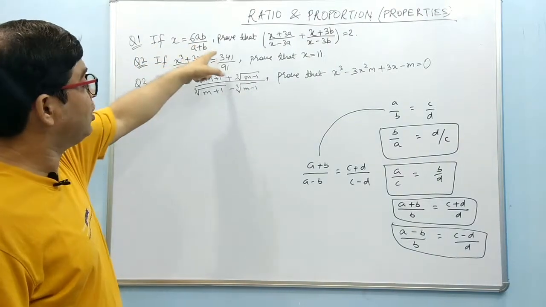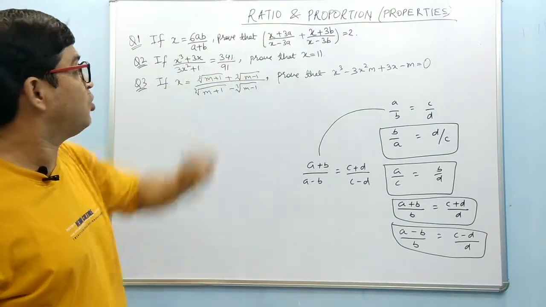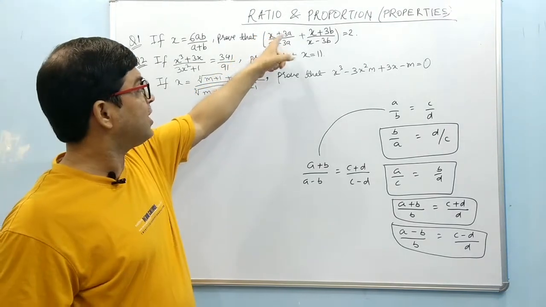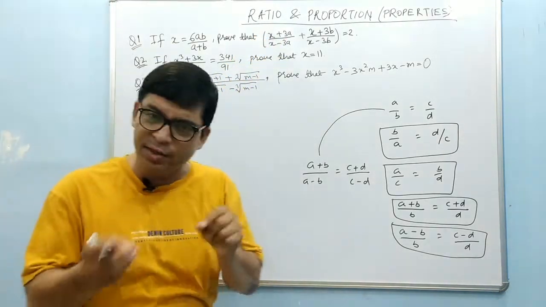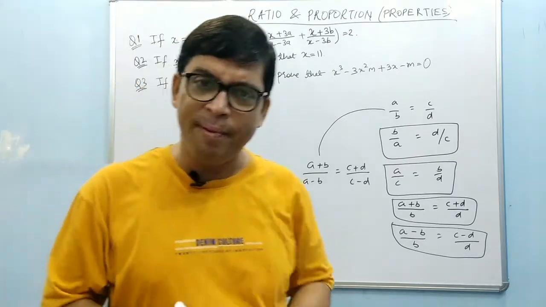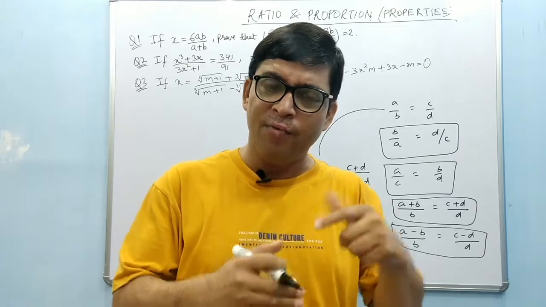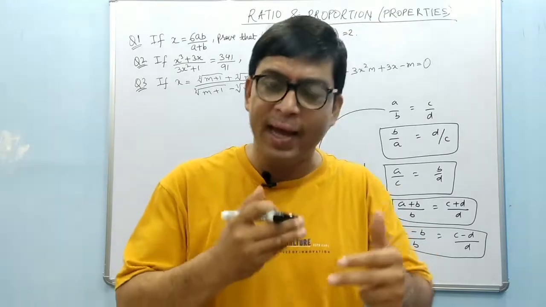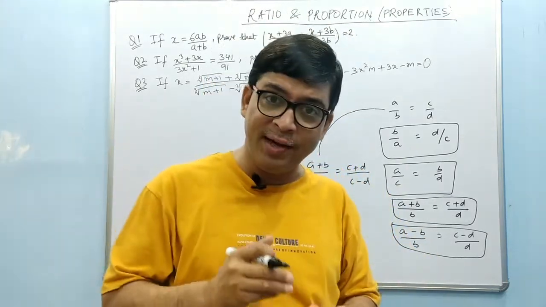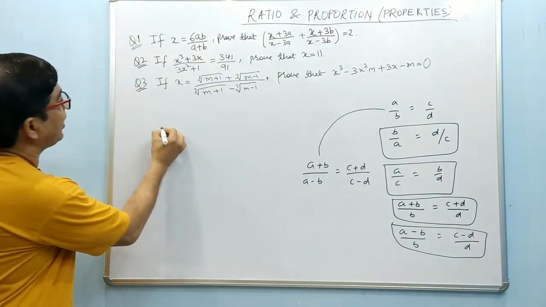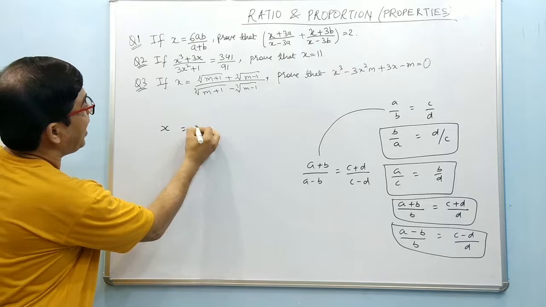If x is equal to this, prove that this is equal to 2. So what we need to find here is x plus 3a by x minus 3a, in a peculiar pattern. That means if x by 3a is there, we apply C and D, and that will be x plus 3a and x minus 3a. So why not use that? So the given thing can be used as